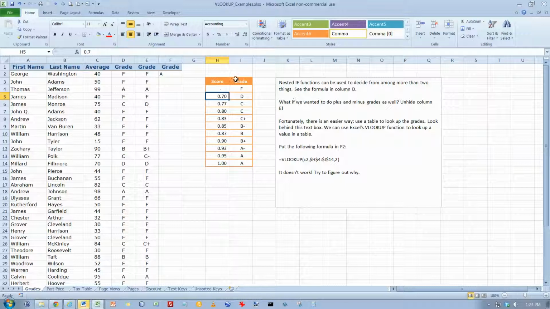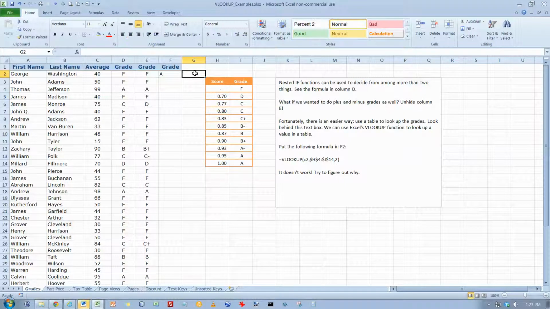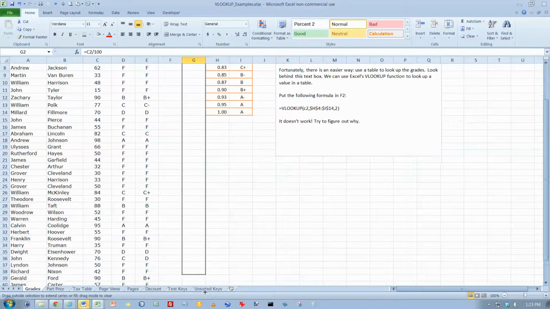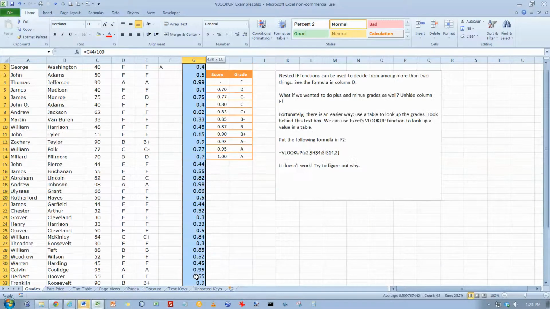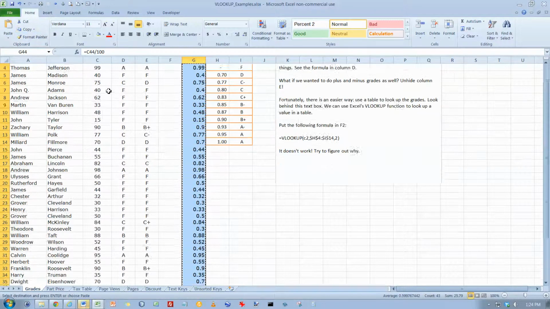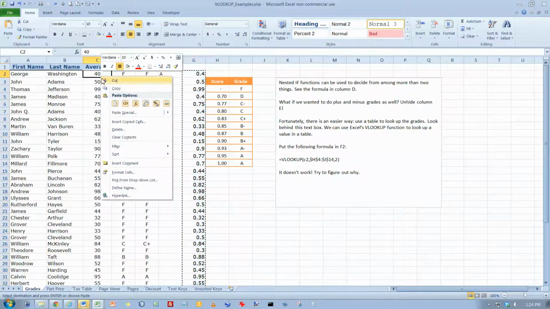Actually, it's probably not. Let's try this little trick here. Let's try equals this divided by 100, and that'll change it to a percent for me. And if I copy that formula all the way down for all of my students on my list here, I just went one too far, and then copy all of those to the clipboard,